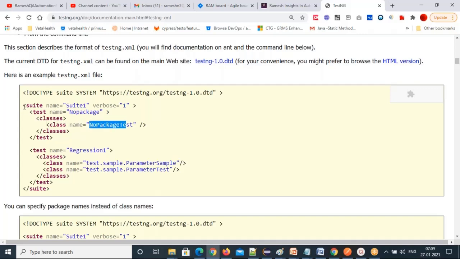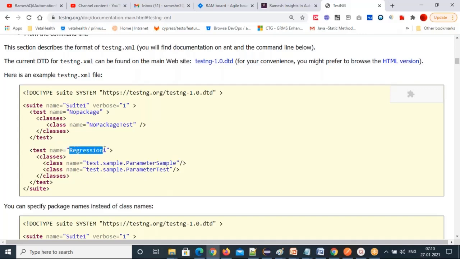So this is the hierarchy: suite tag, test tag, then classes tag inside. You can mention individual class names, which class you want to run. That class you can mention with a class tag, and the test tag ends. If you want one more test, you can write one more test tag with the name attribute equal to a value.